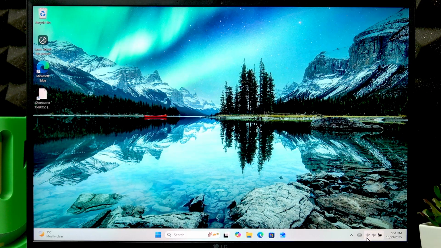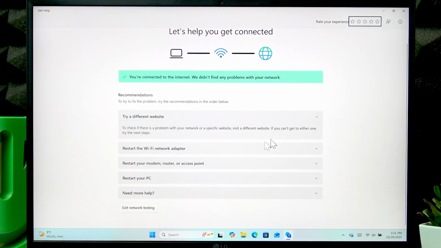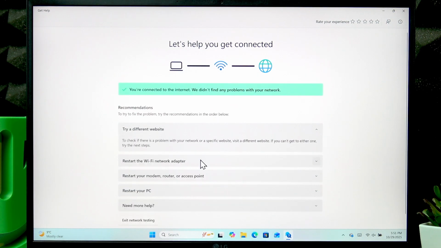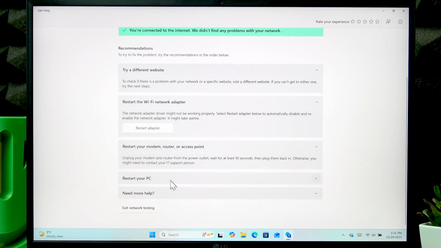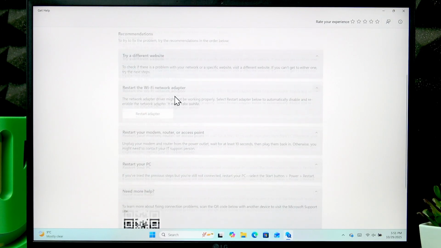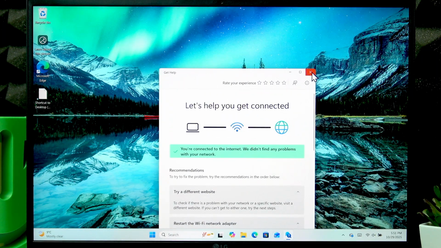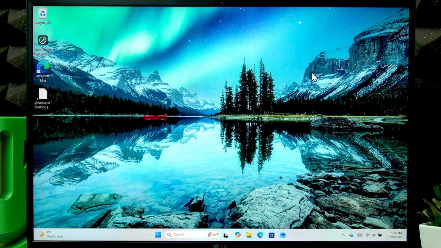On your taskbar, right click the Wi-Fi icon and select diagnose network problem, and you'll get the troubleshooting steps to fix your Wi-Fi issue. So all you have to do right now is go through all of these troubleshooting steps you see in front of you. And if you go through all of them and you still cannot connect to your Wi-Fi, then another thing that you can do is manually update your